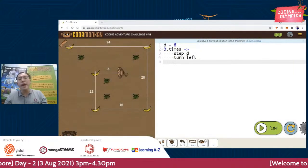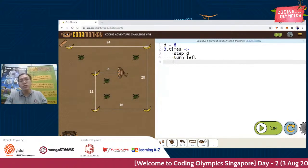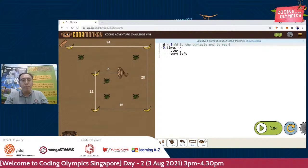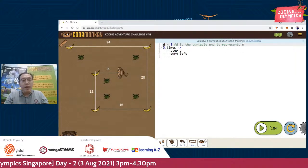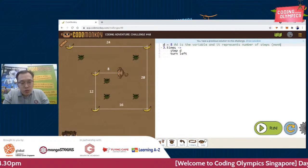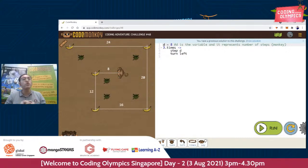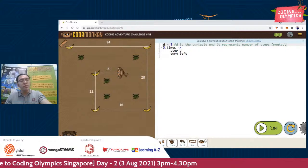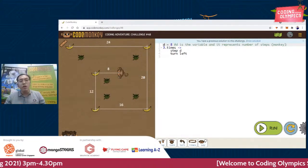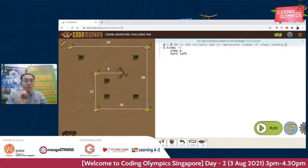Now, students, again, we have to understand when we look at variables, we need to understand what the variable represents. So the first step we do is D equals. So D is the variable, and it represents the number of steps my monkey has to walk. Now, again, if you notice 8, 12, 16, 20, 24, you notice again, it's increasing by 4. Again, all these are multiples of 4. Because it's increasing by 4, we will just do a very simple